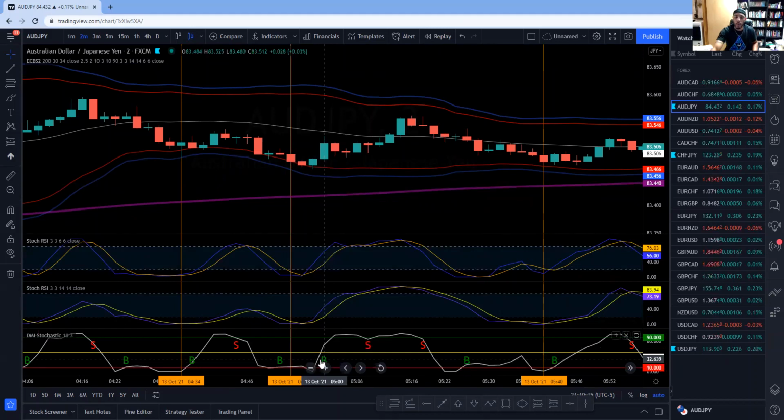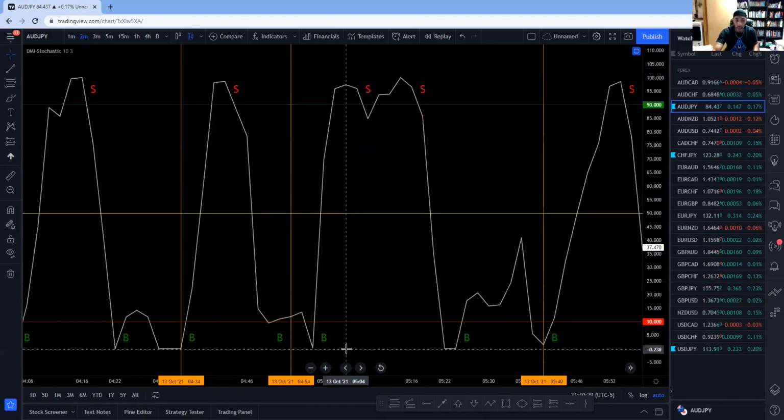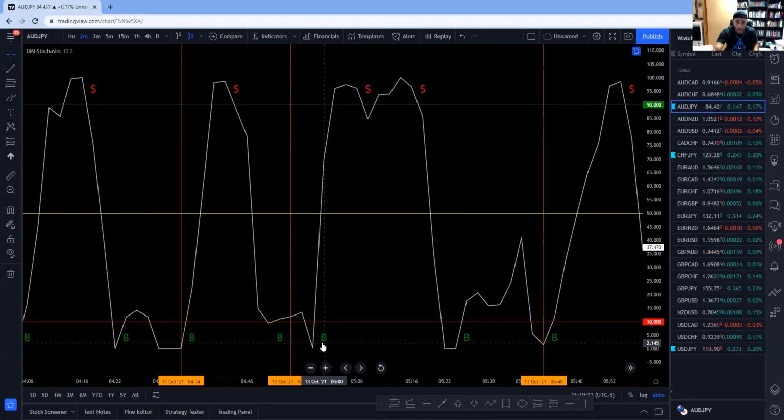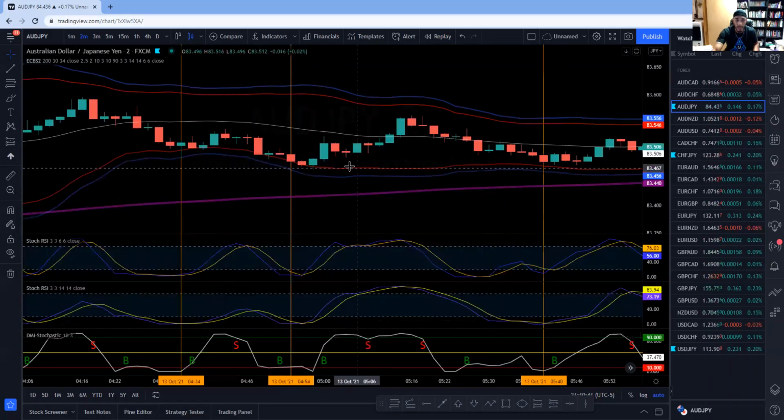Now, what I do, if you ever see that, right? Because what we usually do, we see this B pop up, right? And then we wait for the extension, right? But when you see this B pop up, or an S, and the extension on the same candle as you do here, right? Let me show you. So right here, you see we got the B popped up, and it also broke. So you got your extension as well, right? Whenever that happens,